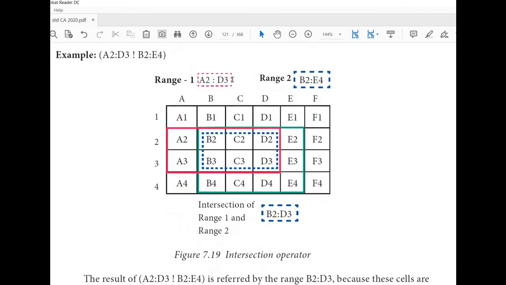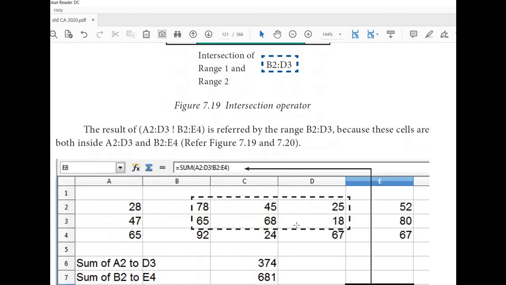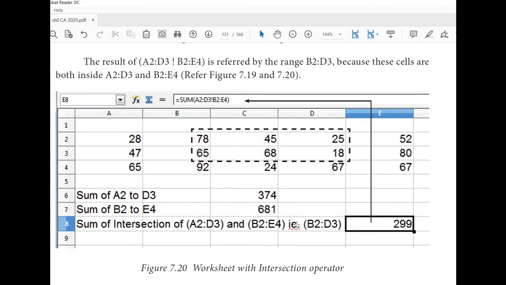So the range 1 is A2 to D3, and the other range is B2 to E4. These cells are inside both ranges. They have been given numbers, and A2 to D3 is 397 and B2 to E4 is 281, and the intersection is,